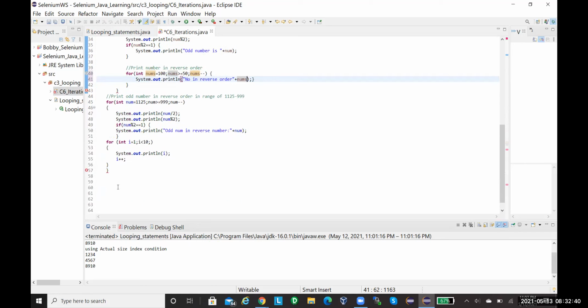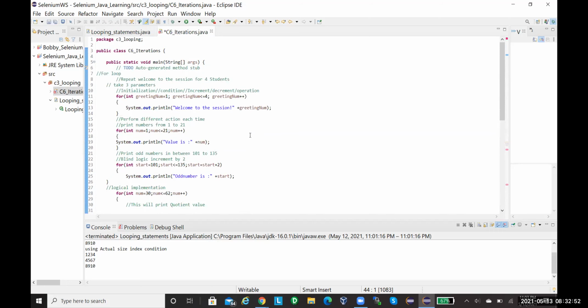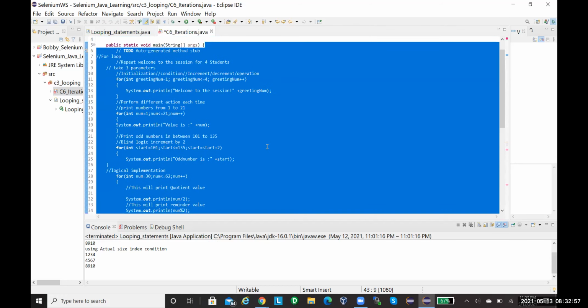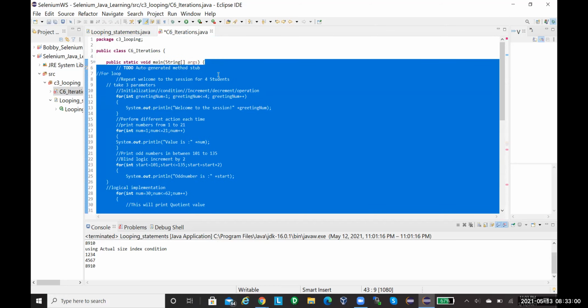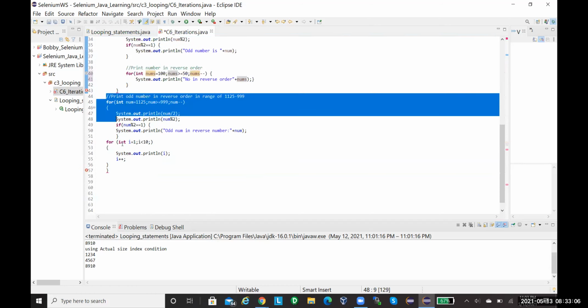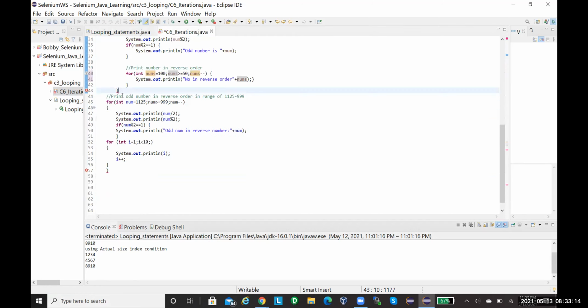Now you have another error over here. What is it? This is already closed. Okay, where is it closing? You see, for the main method. The main method is already closed, and you are trying to write something after the main method. Will it allow you to write? No. So you have to remove this extra brace. Gone? Yeah. This will be inside the main method.